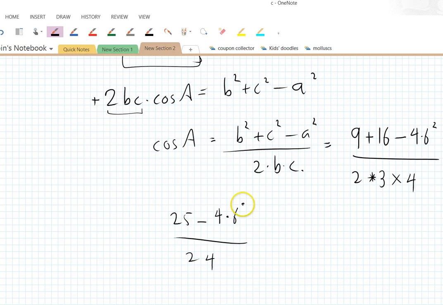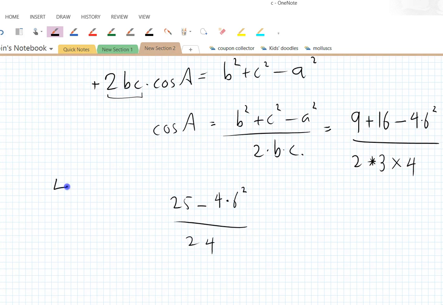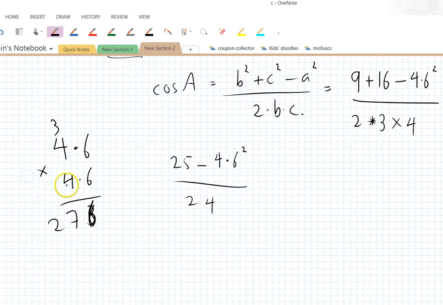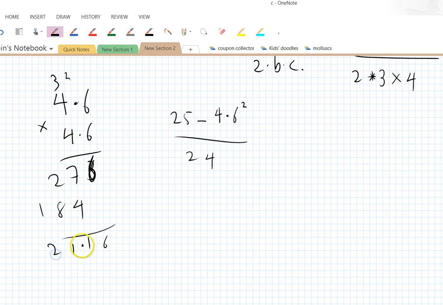4.6 squared. I may as well do it longhand. 4.6 times 4.6. 6 6s are 36. 4 6s are 24, 25, 26, 27. 4 6s are 24, 16, 17, 18. 6, 1 down, 1 to carry. 1 down, 1 to carry. 21.16. So that equals 25 minus the 4.6 squared, which I've just worked out here, 21.16, divided by 24, equals